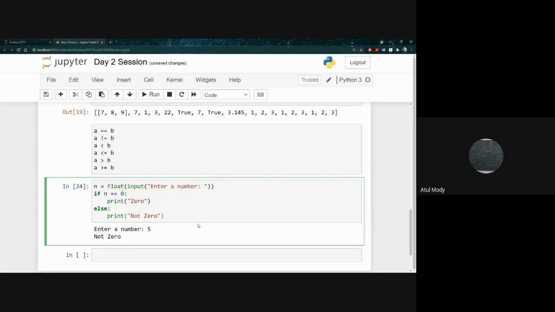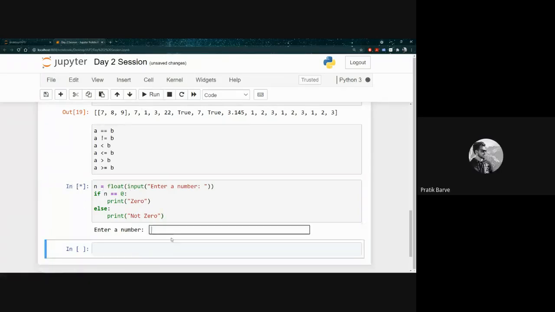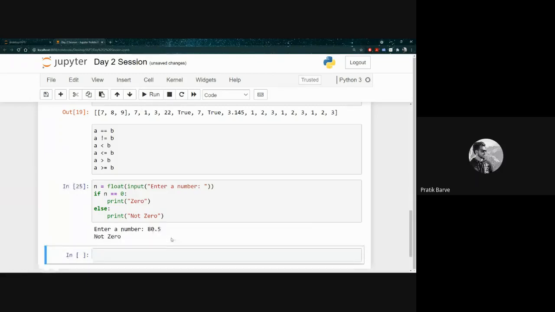I have a question. What is the purpose of putting float there? The purpose of putting float is that it allows the user to put a decimal too, like we can use 80.5. It will accept it. And if you don't put it,